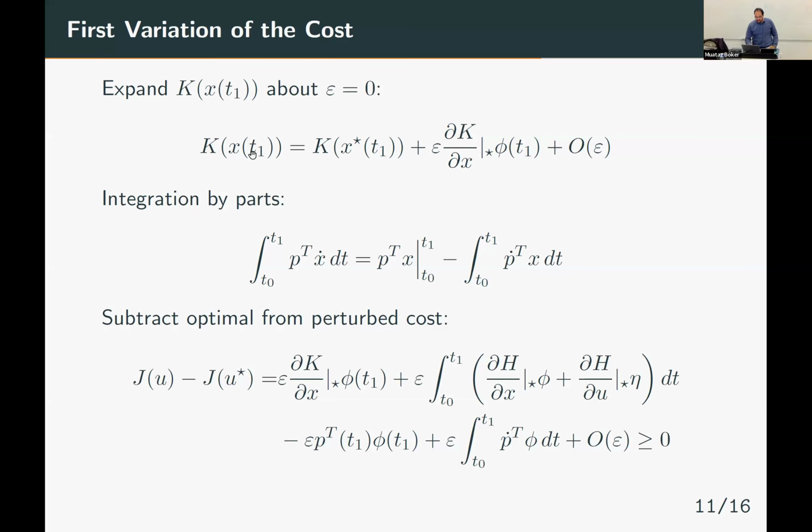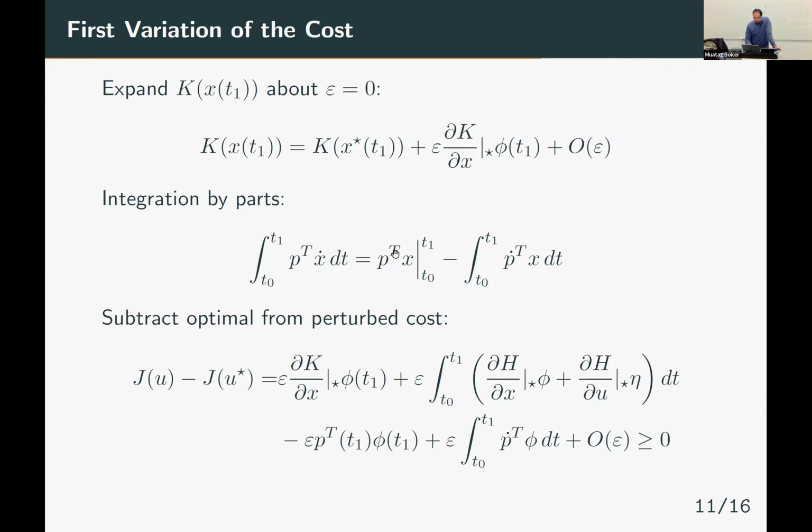So the Taylor series expansion of k is equal to k evaluated at x star of t1 plus epsilon dk over dx phi of t1 plus order of epsilon, higher order terms. Okay. Now, if you do the integration by parts from t naught to t1,